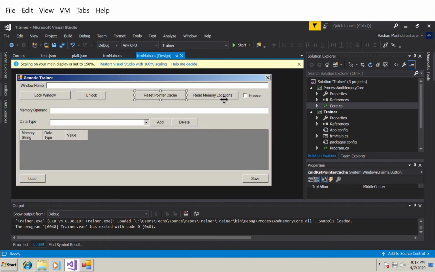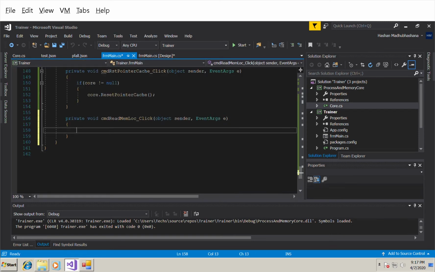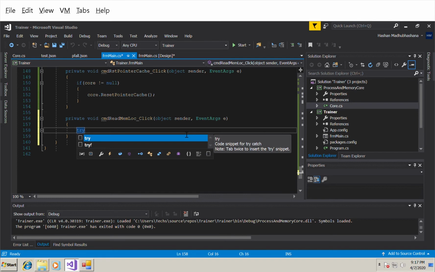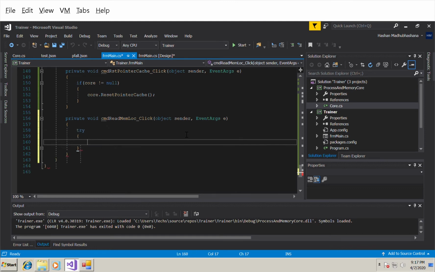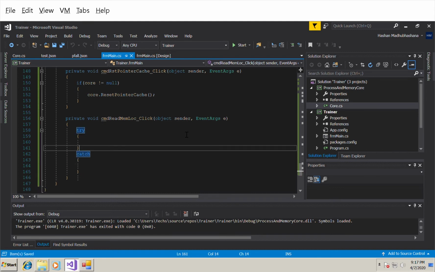Let me double click. Let's simply add the try catch. If something happens inside this, the program should not crash. Therefore I'm going to use try catch. I don't display any message here. Again, if the core is not null,